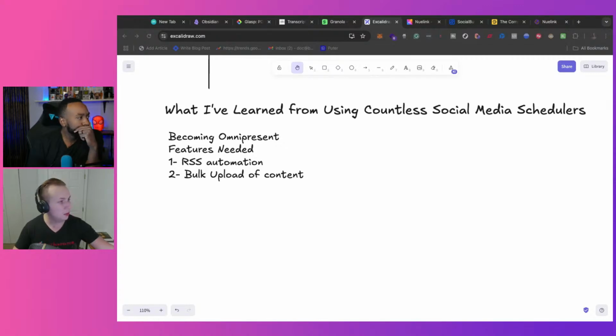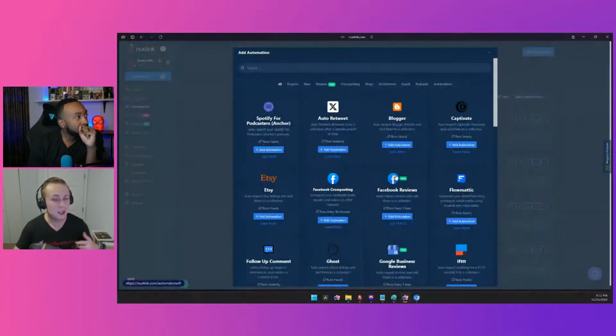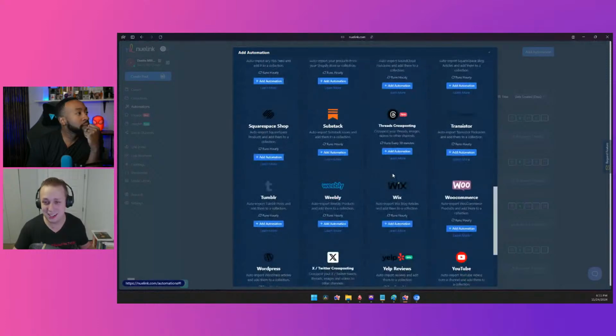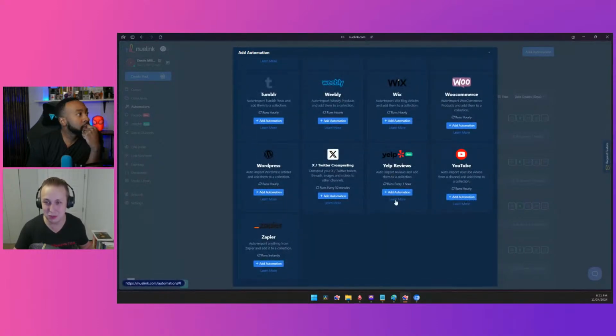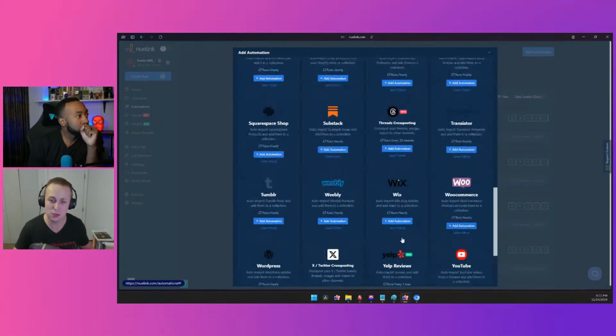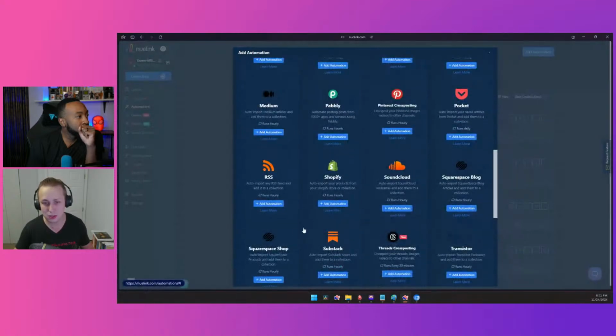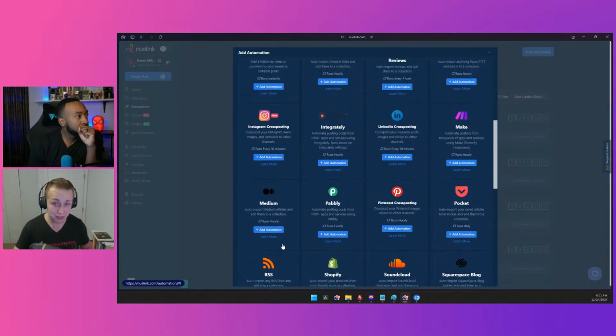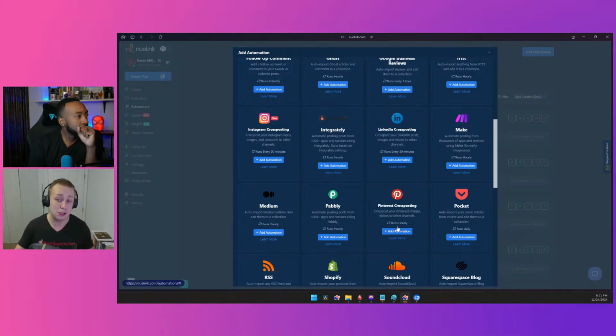Let me just look here. If I want to add an automation, look at all the different options. Look at all the different options that you have when it comes to what automations you have on this platform. So auto import your YouTube videos, or if you're using WordPress, I use Ghost, and so that's somewhere around here as well. You have regular RSS feeds too. You can even do your Medium posts, Pinterest cross-posting against other different platforms.